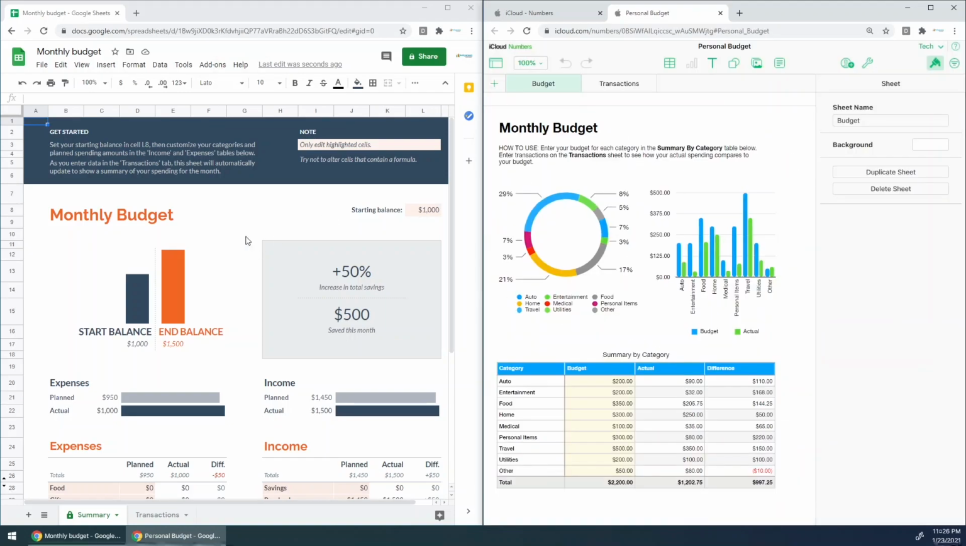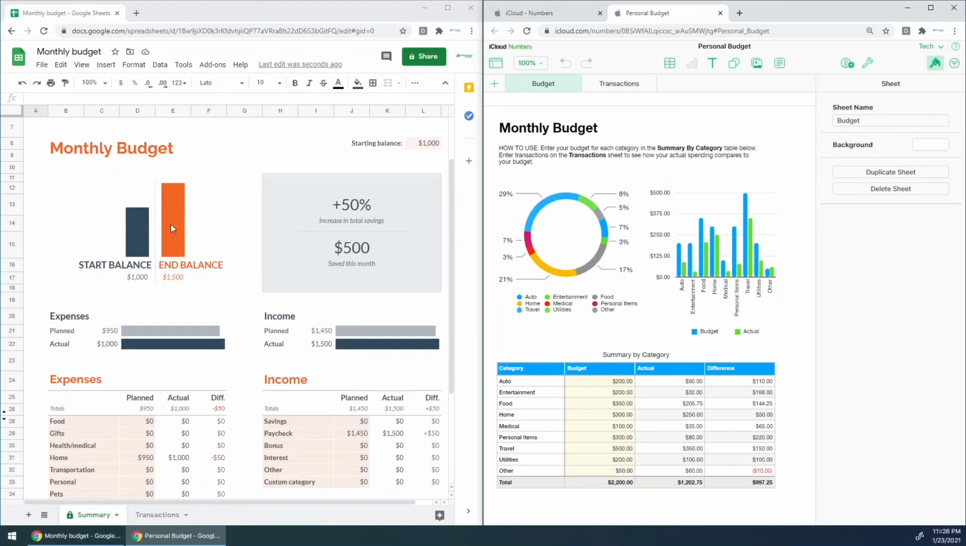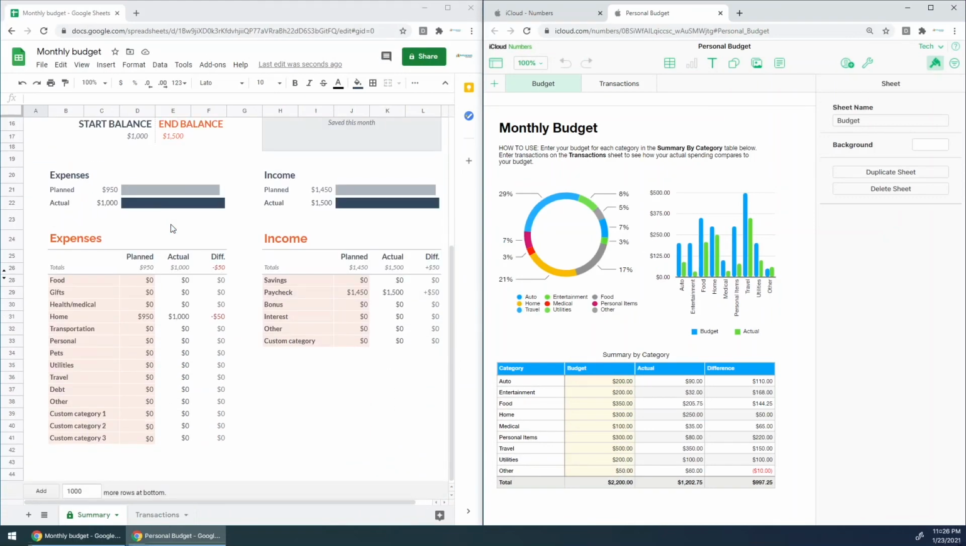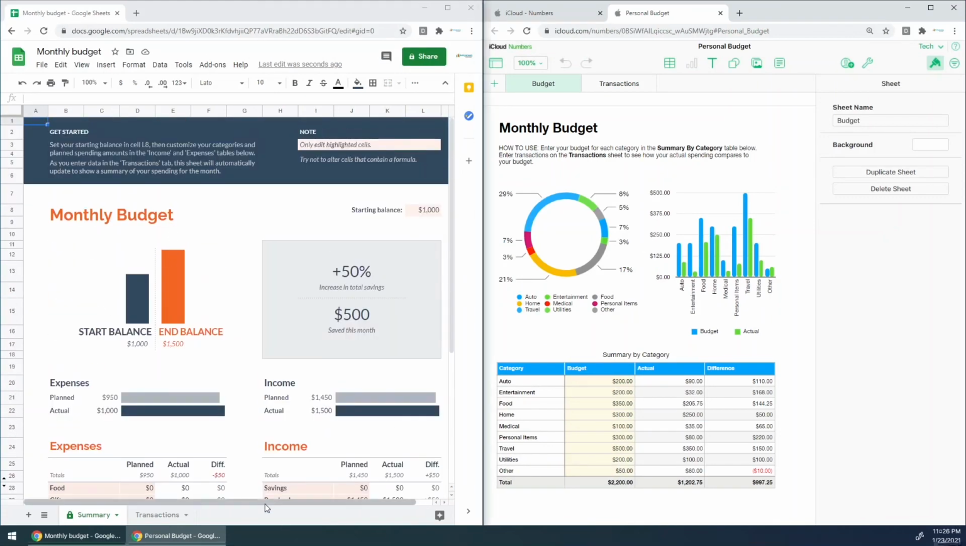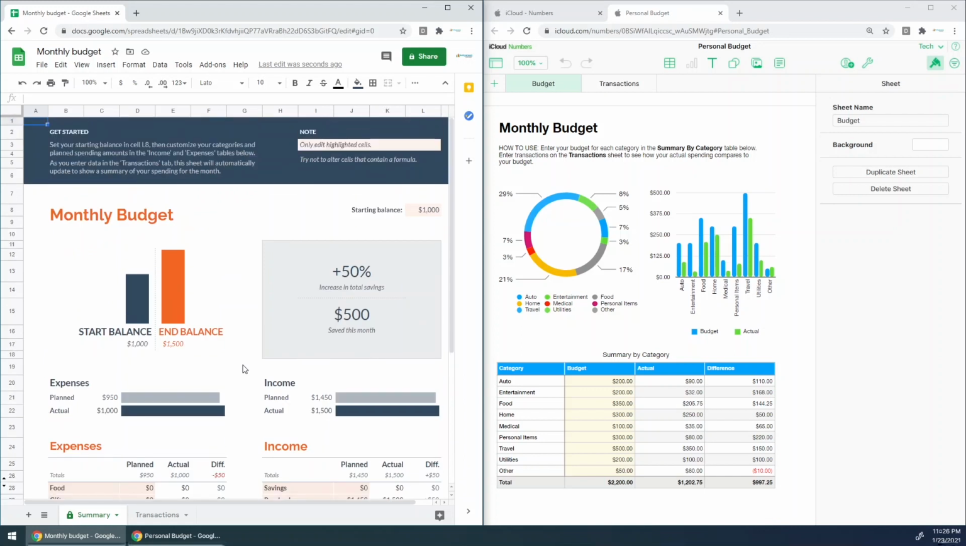First difference, structure. Google Sheets arranges the sheet or workbook in a grid structure, just like Microsoft Excel. You can add up to 40,000 new rows at a time, with a maximum number of 18,278 columns. Apple Numbers, on the other hand, views the sheet as a canvas where you can add multiple items